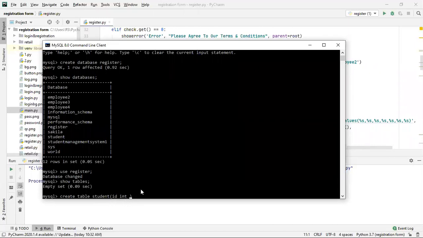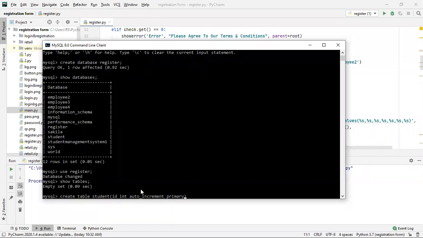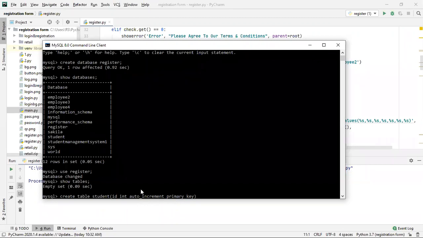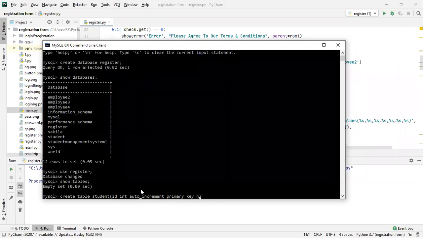And then the next thing is I'll auto increment it. So auto increment. And then I'll make it primary key also. I also told you that this primary key cannot be null, so I'll be writing not null, because the primary key column, this id column, can never be null.